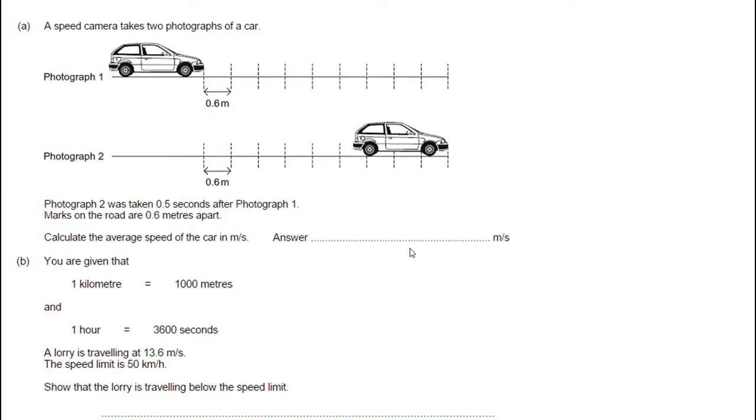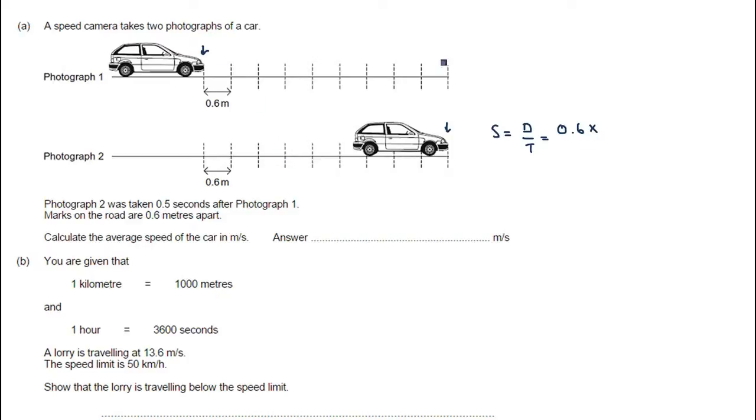All right, so let's see how we can solve this problem then. So first of all, the speed camera. The first thing that we need to do perhaps is remind ourselves what the formula is for speed. Well, speed, as hopefully you know, is distance over time. And the distance, if we look at the front of the bumper here to the front here, is going to be the number of intervals times the distance of the intervals, or between each of these points here. So it's 0.6